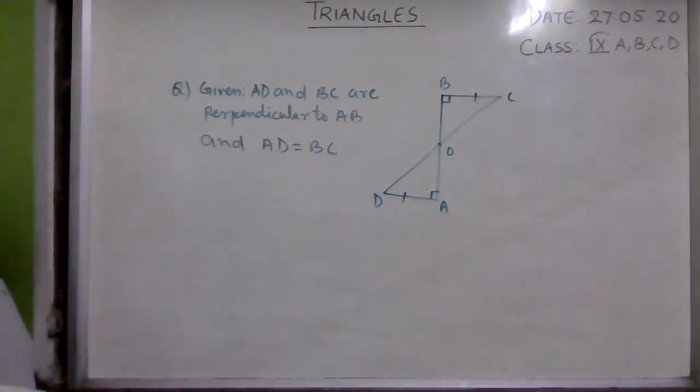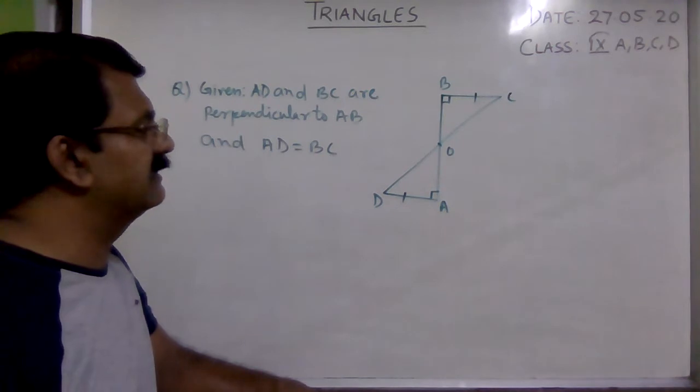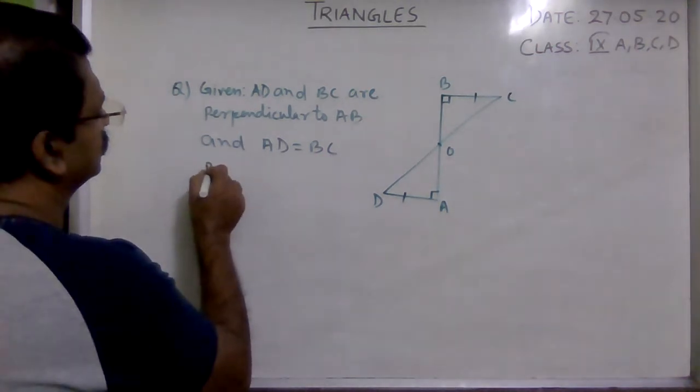So it is given that AD and BC are perpendicular to AB and it is given that AD is equal to BC. Now prove that